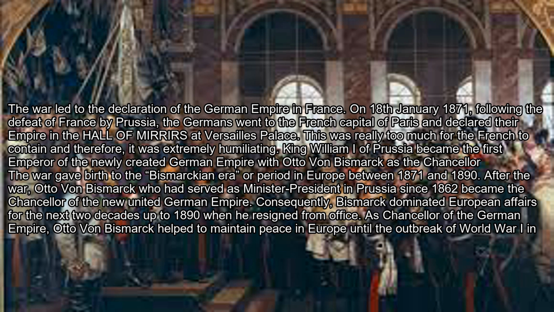The war gave birth to the Bismarckian era, or period in Europe between 1871 and 1890. After the war, Otto von Bismarck, who had served as minister-president in Prussia since 1862, became the chancellor of the new united German Empire. Consequently, Bismarck dominated European affairs for the next 2 decades up to 1890, when he resigned from office. As chancellor of the German Empire, Otto von Bismarck helped to maintain peace in Europe until the outbreak of World War I in